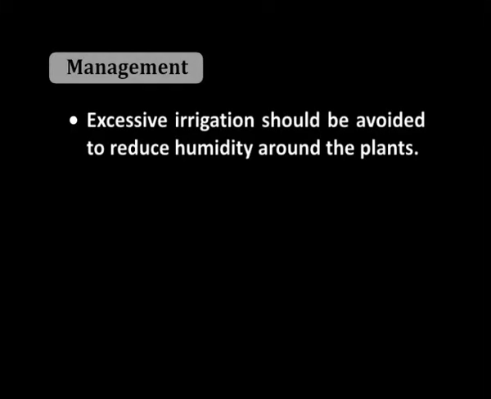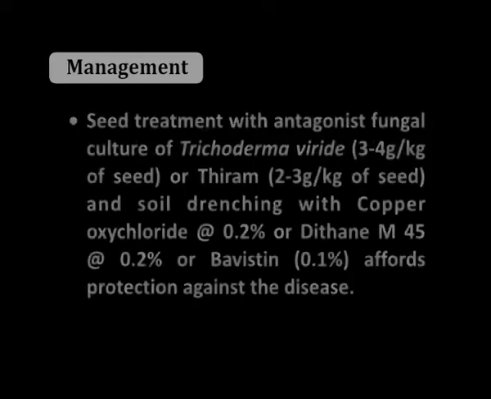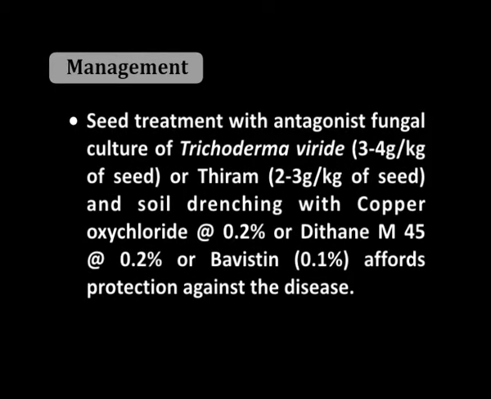On seedlings, lesions develop on the tender stem near the soil surface. The tissues beneath the lesion become soft, due to which the seedling collapses. Next is the management. Excessive irrigation should be avoided to reduce humidity around the plants. Seed treatment with the antagonistic fungal culture Trichoderma viride 3 to 4 gram per kg of seed or Thiram 2